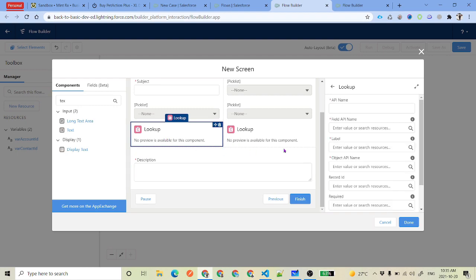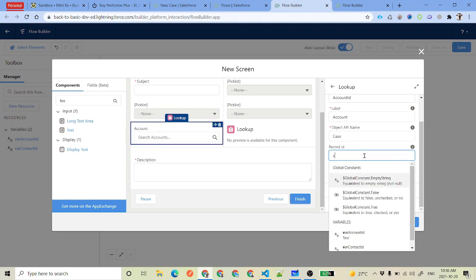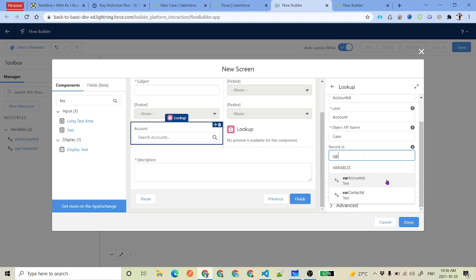Now we have this lookup. First let's prepare the lookup for account. The field API name is the field API name on the case, again the standard field, which is AccountId. Then the label, again, is account. Object API name is case, and for record ID we already have the variable account ID, so if there is any value, it will be auto populated over here.